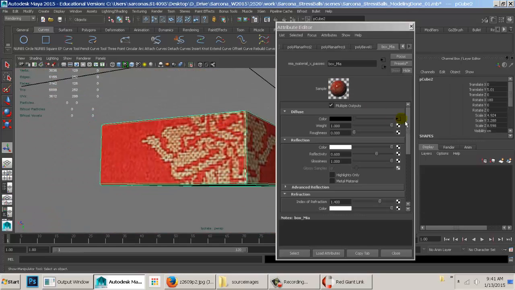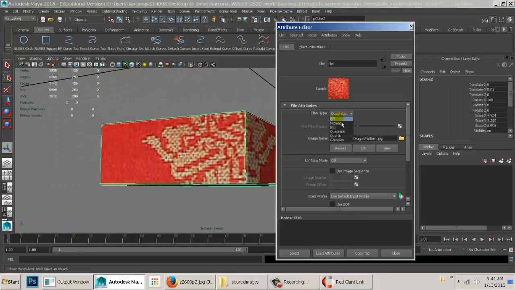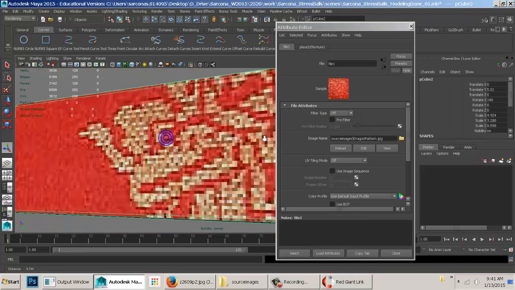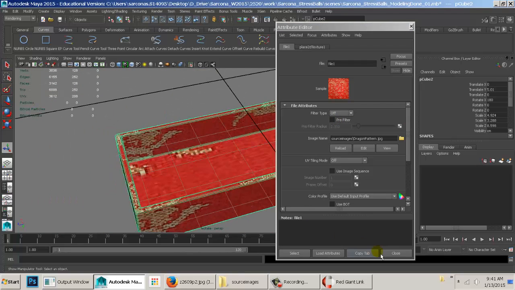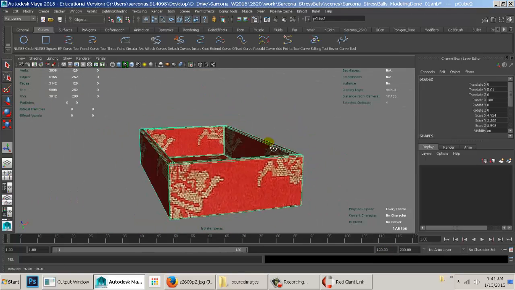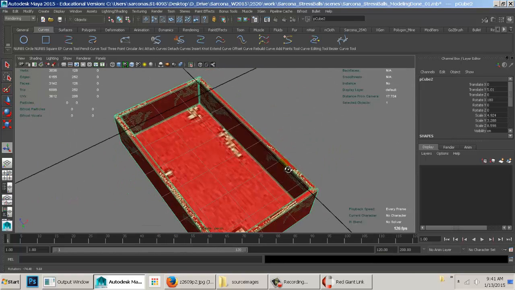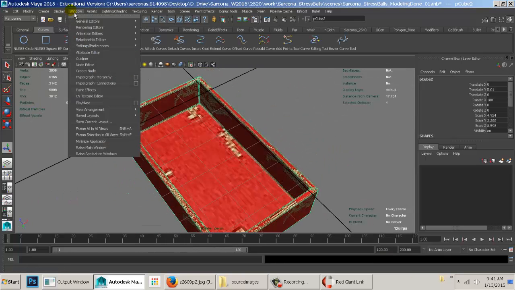Okay, I'm going to go back to my file, and under filter type I'm going to turn quadratic off, and that will sharpen it up some. Now if it's still really grainy, and it's not working out the way I want it to, I can still adjust those UVs. If I go to the UV texture editor,